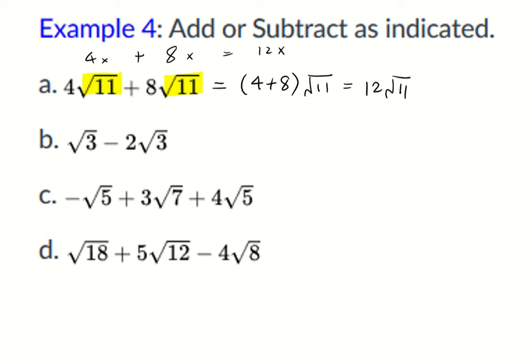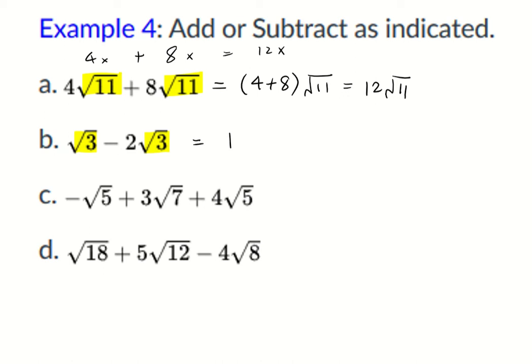B, square root of 3 minus 2 square root of 3. Here we have square root of 3 and negative 2 square root of 3. Those two terms are like radicals because they both have square root of 3 in it. So we can combine these two like radicals. We can see it as